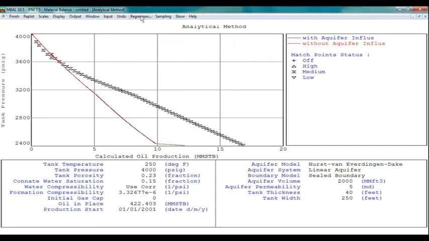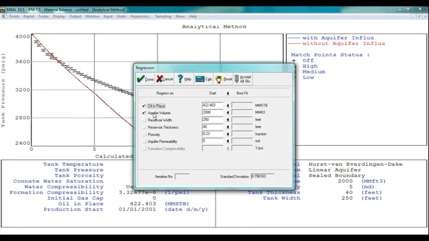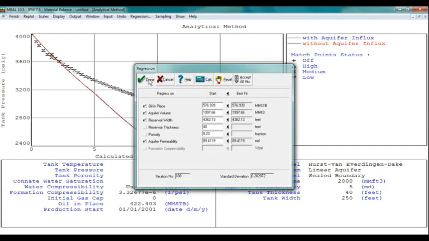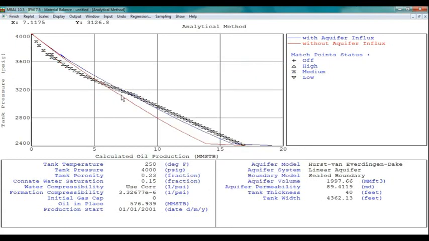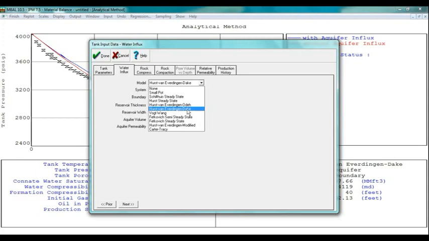We have a regression on oil in place, aquifer volume, aquifer width, reservoir thickness. We won't click on it because you are supposed to have the reservoir thickness from the logging, and it is somehow accurate. The same for the porosity, but the aquifer permeability is not accurate, so we will calculate it. Accept all fits, done. We still don't have a match. If you keep trying and choose Hurst van Everdingen, I don't know his name actually. Anyways, a modified model,